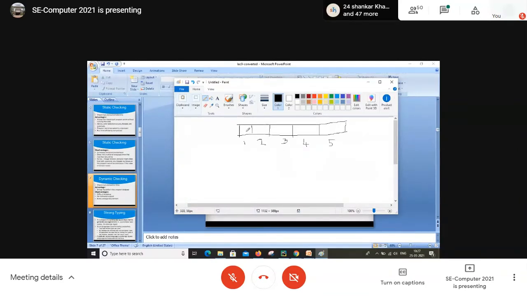These are the indices. Everyone agrees with me? These are the indices that we can use. So let's say 10, 20, 30, 40, and 50. So these 5 elements are stored inside the array.